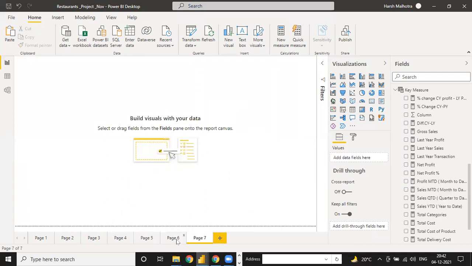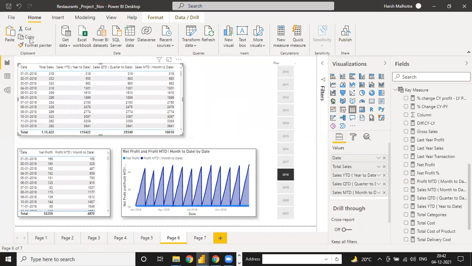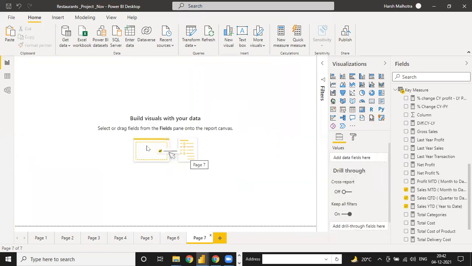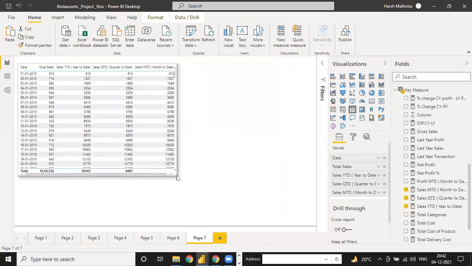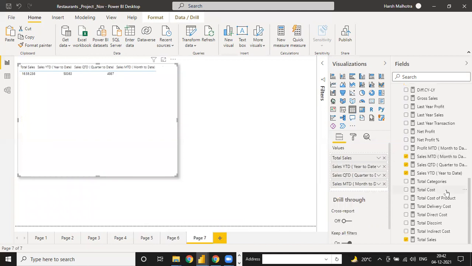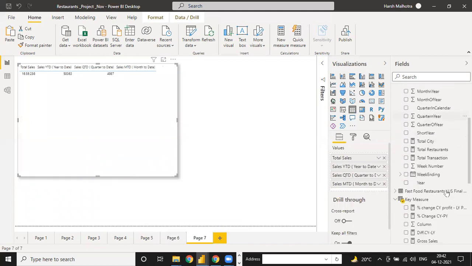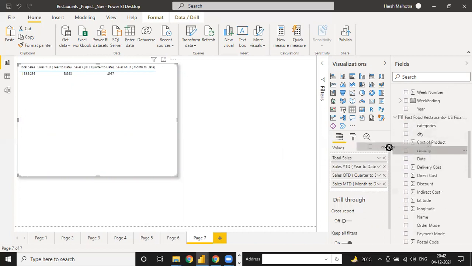And suppose I click copy and just paste. See, right now, if we don't need date and have to compare, suppose we go to the fast food restaurant, there is a country. Sorry, country is only US, so why should you use country?